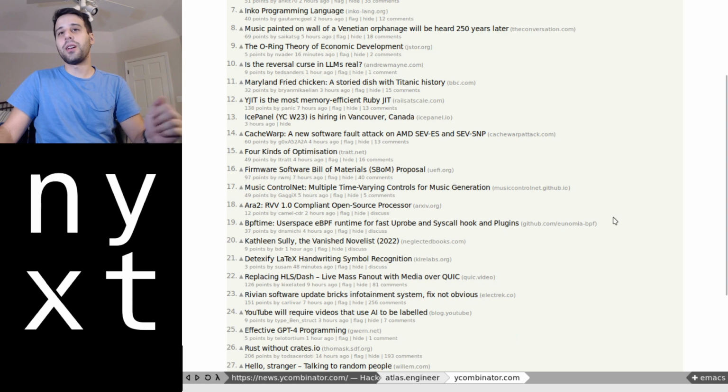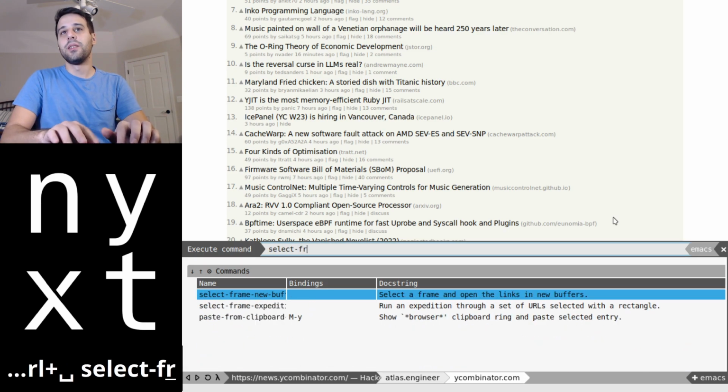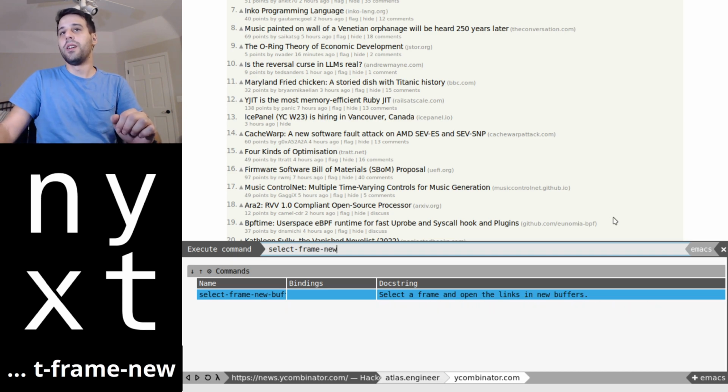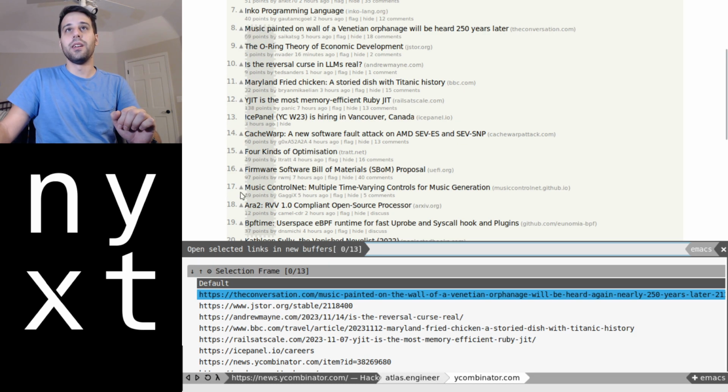So if we enter our command menu, control space, and then we say select frame new buffer, you'll see that we have a command here and it says select a frame and open the links in new buffers. We click that, and now we're going to have a cursor. We take that, we click, we drag, and everything that's within this gray area is going to appear in this